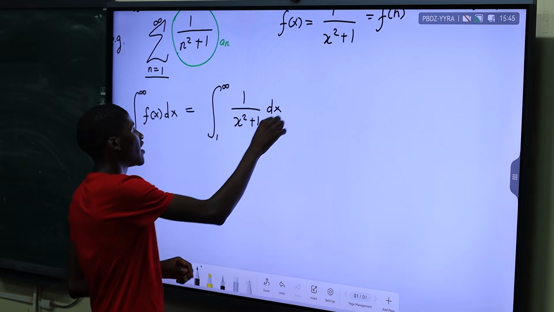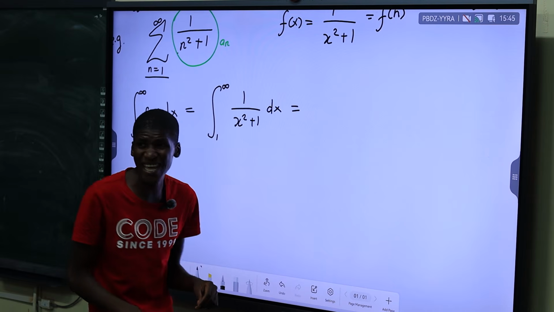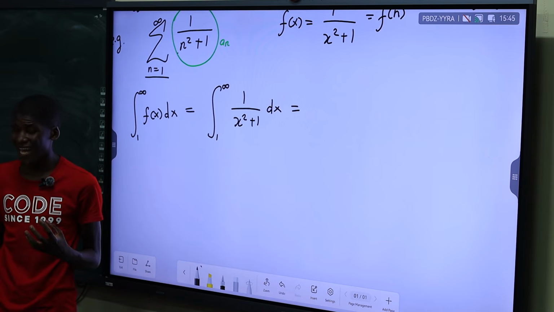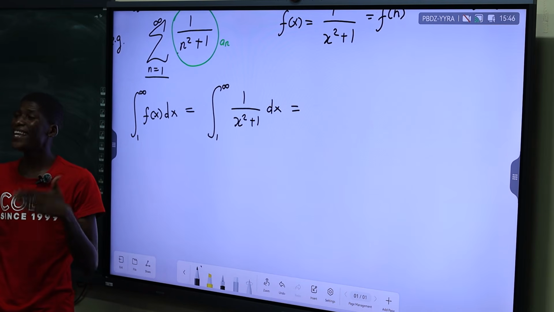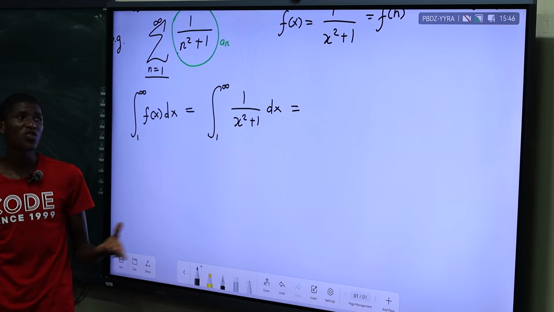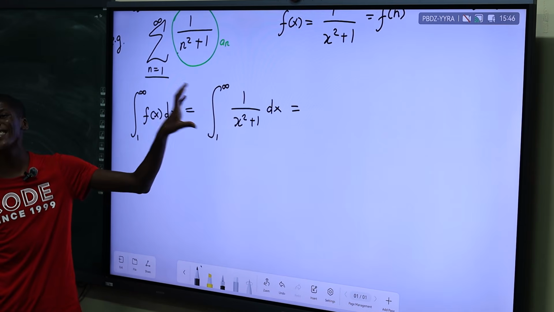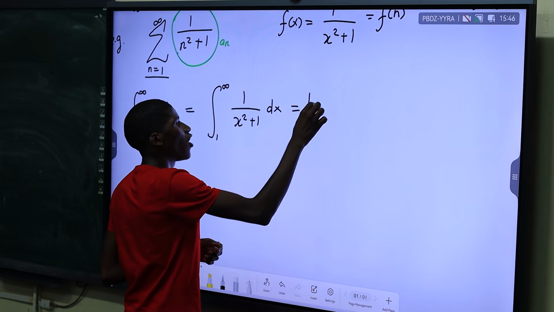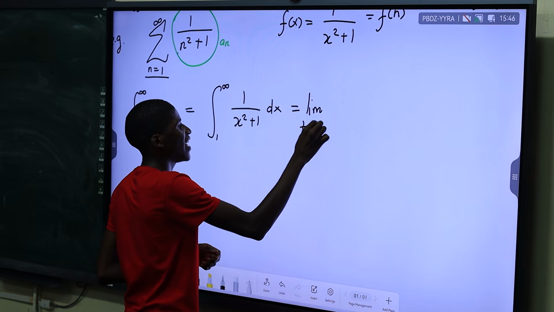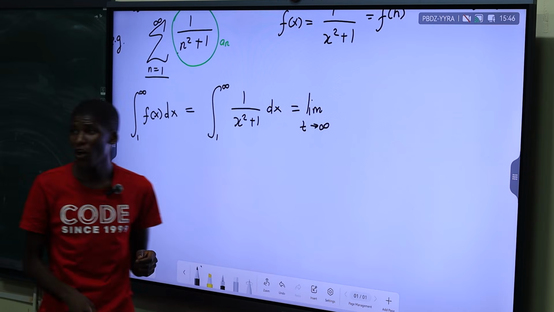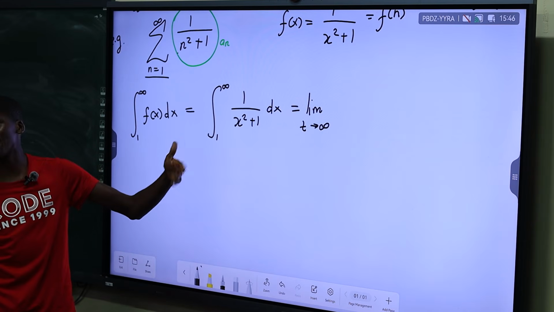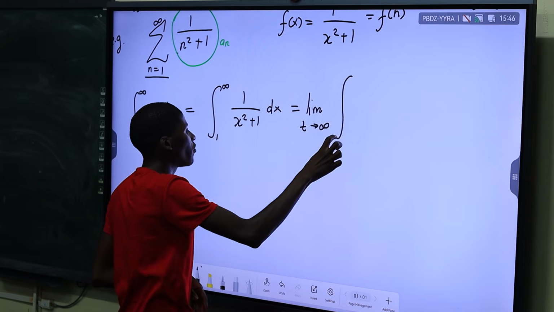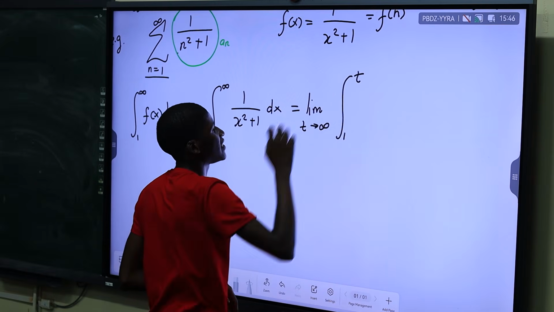So you introduce a variable t because, as I told you, integrals and sums work together, but they are connected by a limit. So since you are computing an integral of a sum to infinity, you can use the limit of a variable t as that variable goes towards infinity. You are still adding terms until infinity, but this integral is moving from 1 to t.